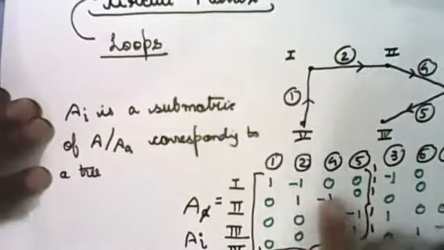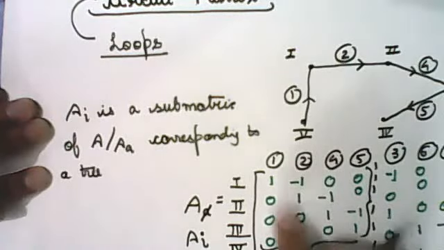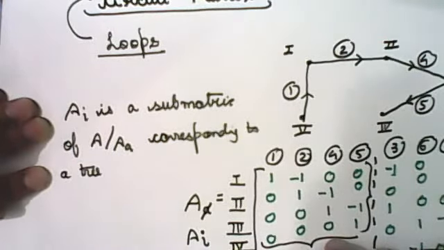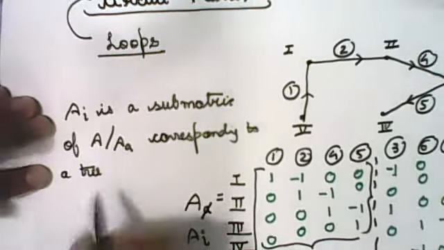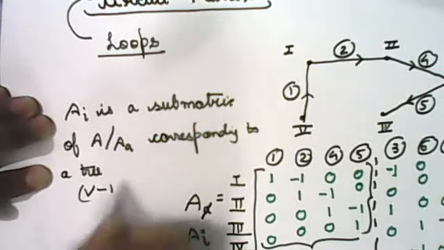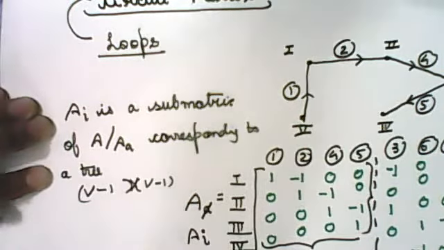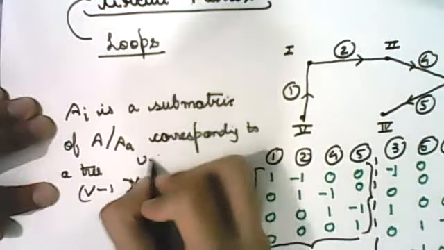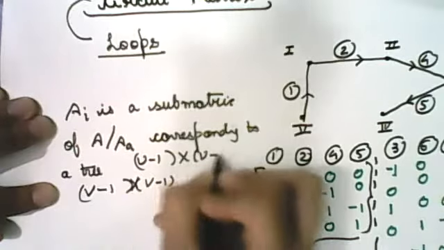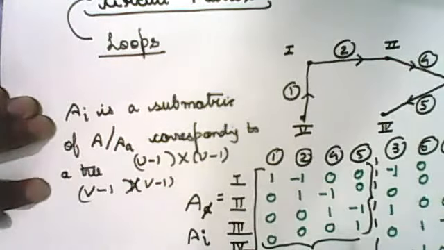And what will be the size of this matrix? What will its dimensions be? Its dimensions will be v minus 1 cross v minus 1. So the size will be v minus 1 cross v minus 1 always. Also,